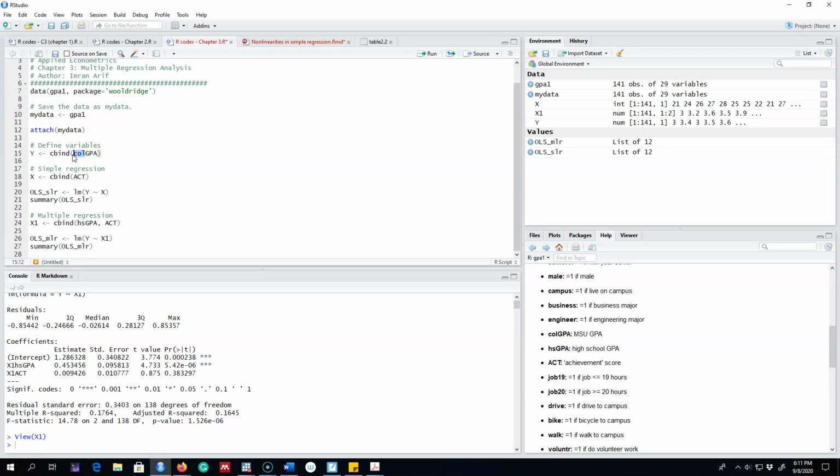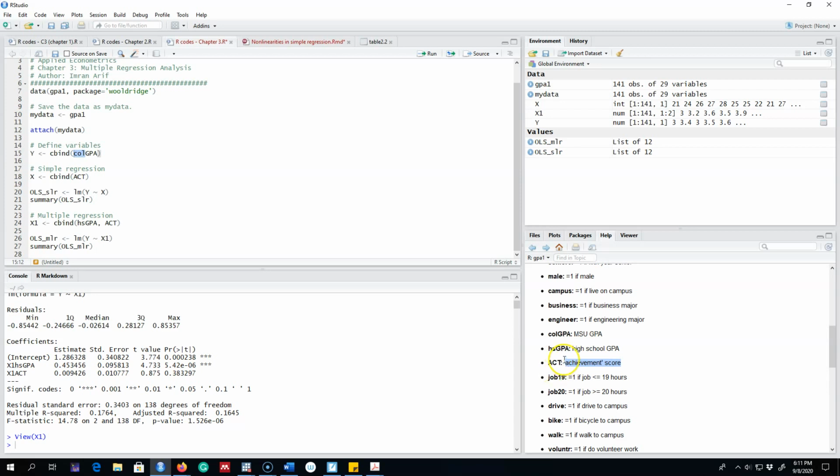And we have two variables that we may be interested in. The first one is the achievement test score, the ACT score. That may be an indicator of how well somebody will perform in college. So we assume that the better the ACT score, the higher will be college GPA. So we assume that the beta coefficient associated with the ACT will be positive.